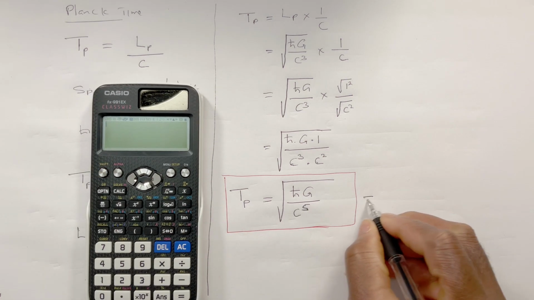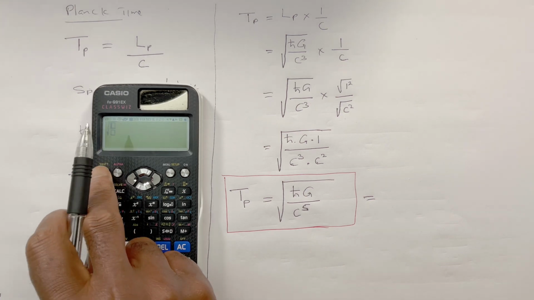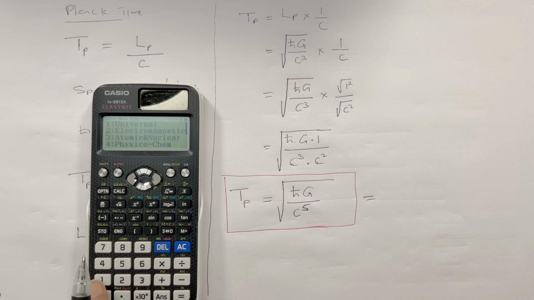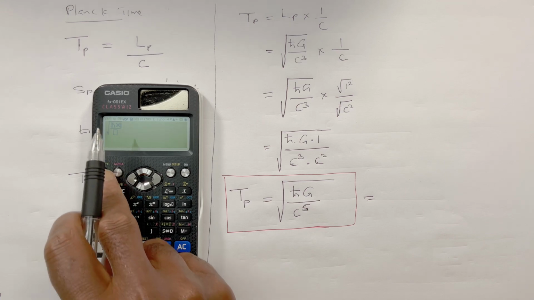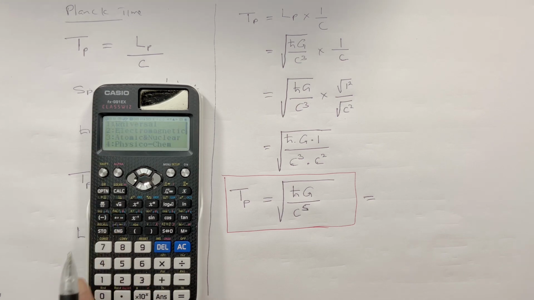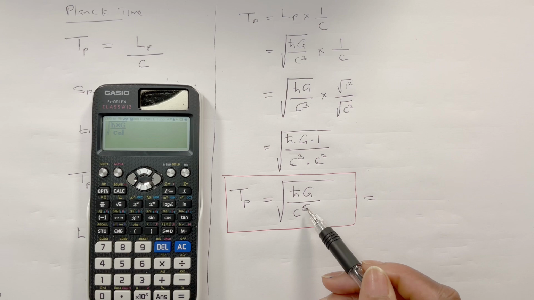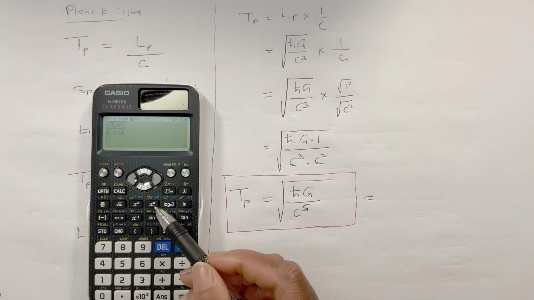And I want to write that to be root fraction key, and shift 7, universal constant 1, h bar 2 times, I need to put G there, so I need to go back and do the shift constant 1, and this is 7 for the G, and bring the arrow key down, do the shift 7, 1, 3 for the speed of light in vacuum, but I want to have it to power 5, so I need to press that and put 5 in the little square box